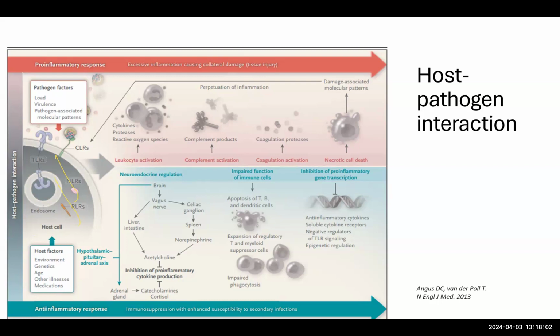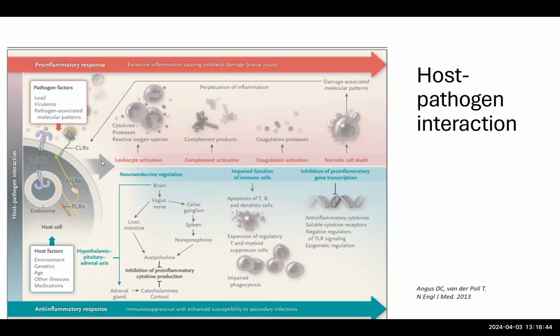Essentially, with sepsis by itself, frequently it may not be the bacteria causing the trouble, but the host response. So the host response to sepsis is characterized by both a pro-inflammatory and an anti-inflammatory immunosuppressive response. The pro-inflammatory response is initiated by interactions between the pathogens and the host cells, and afterwards there are receptors expressed by the host cells at the surface, such as the toll-like receptors or C-type lectin receptors.